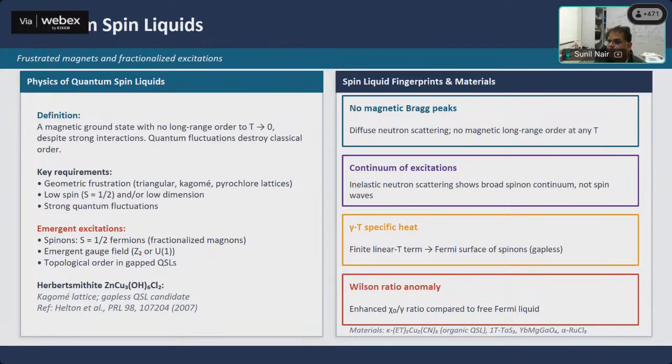But very often, the structural motif within which this magnetic state operates, which can be a triangular lattice, a Kagome lattice or a pyrochlore lattice and so on, imposes what is known as geometrical frustration. It does not allow these spins, which have a large J talking between them, to settle into an ordered ground state. This happens especially for low spin systems. Spin half is the best place to look for quantum spin liquids, and also low dimensional systems.